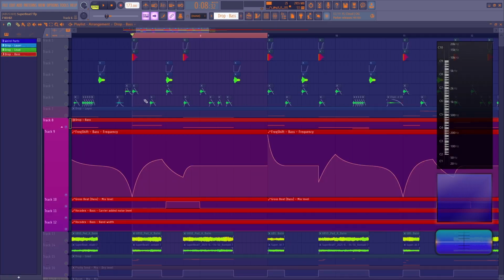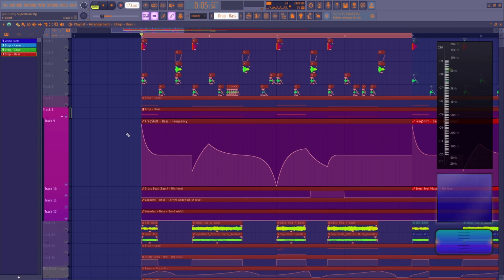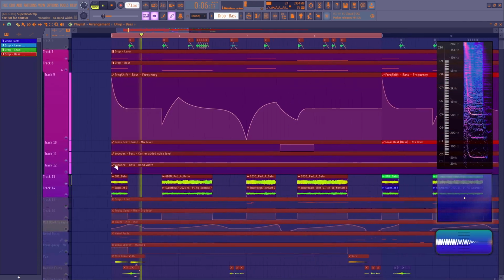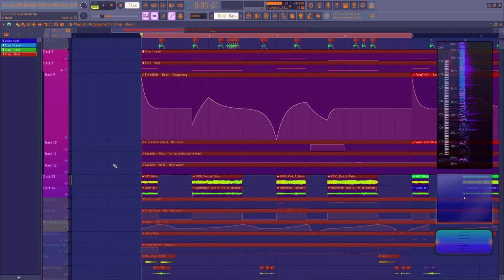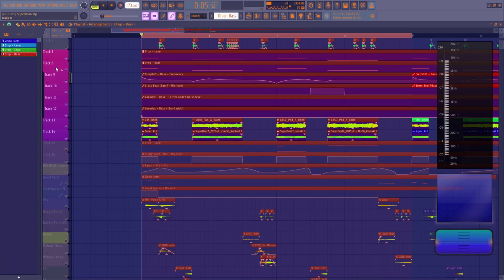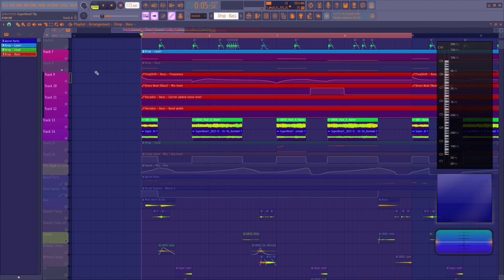Let's move into some other easy to explain parts. One thing that I found is useful is making a pad type sound or a melodic sound for your bass to sit on top of. So in this case, whenever the sub plays,